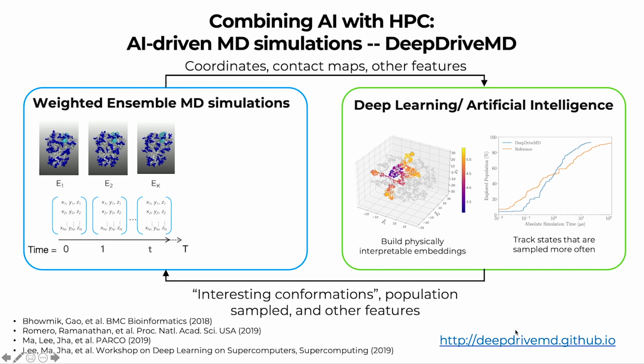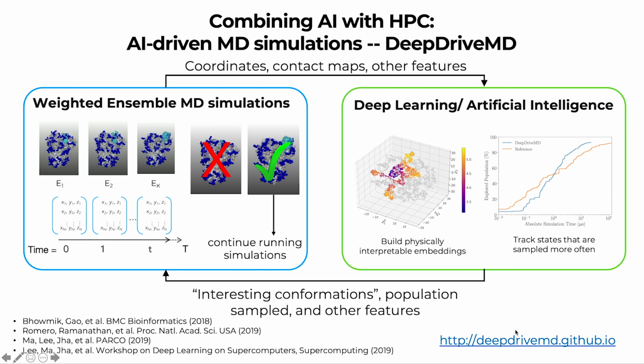We take these outputs from these simulations and try to understand what the interesting conformations are, such that if we identify some sort of motions within the receptor binding domain, for example, a motion where we see the opening of the receptor binding domain, we continue running such simulations. If not, we stop simulations that are not that interesting. We have shown that this technique works very well with protein folding data. You can look at the papers that we have published in this area, as well as the website that we have pointed to here.